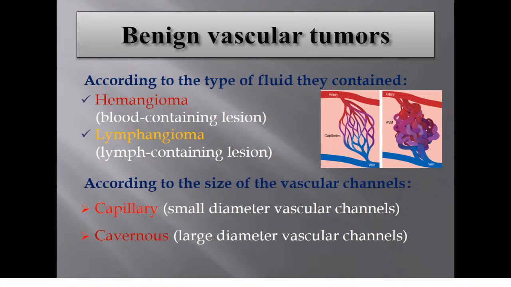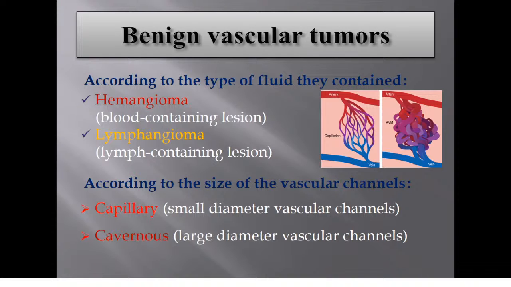Histologically, we can see different types of hemangiomas. And as you can see, it can be hemangioma, or blood-containing lesions, lymphangioma, lymph-containing lesions, and when it's hemangioma, we can talk about arterial and venous types. According to the size of the vascular channels, we can divide them as capillary, small diameter vascular channels, and cavernous,